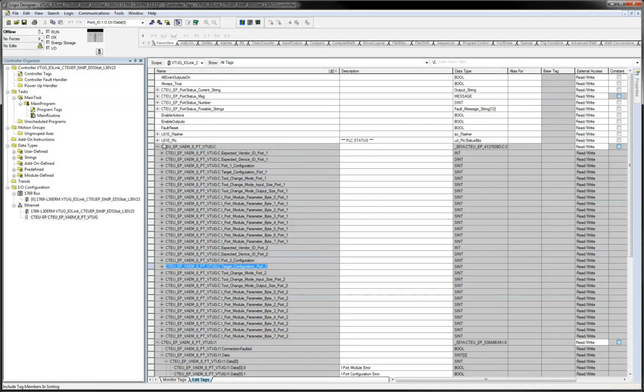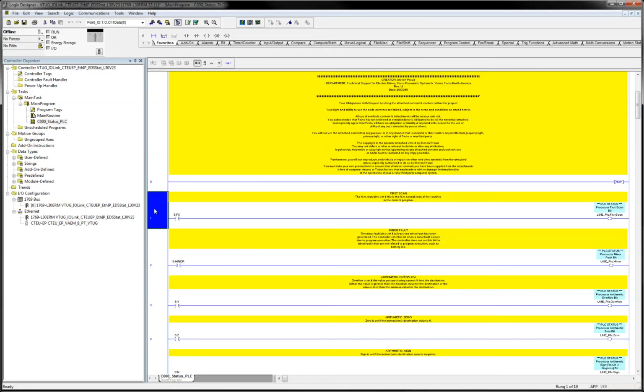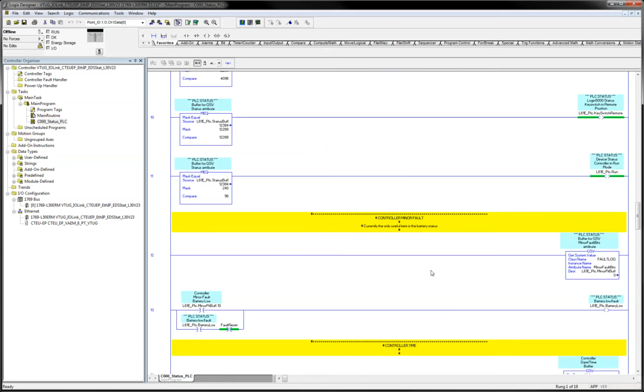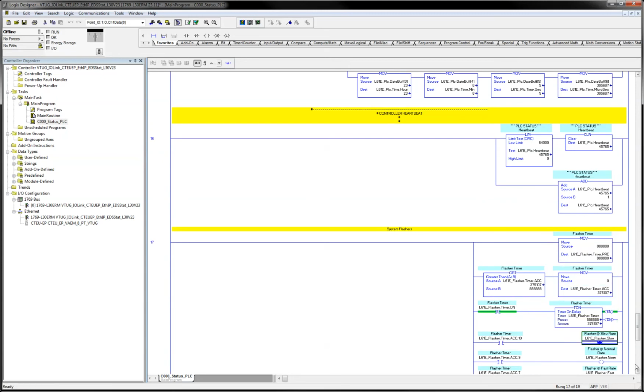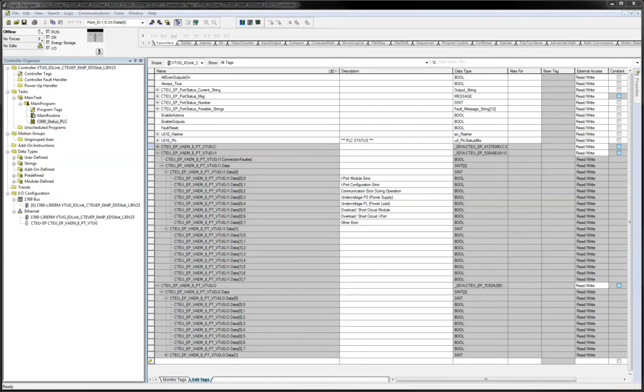So that's why there's a dual of everything. So I've added this right here. And what I'm going to do next here, I've just gone and added a routine called status PLC. This is just me adding some bits that I put in every PLC: file, fault log, controller, scan times, and I've got some flashers in here which I'll use later. So I've added that, and the next thing I'm going to do here